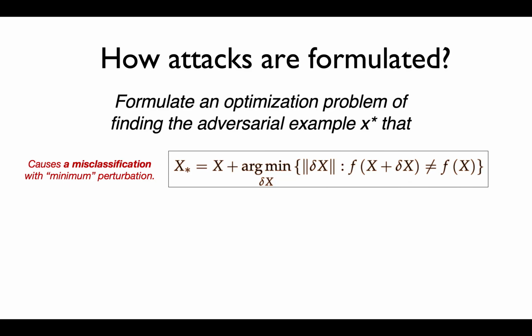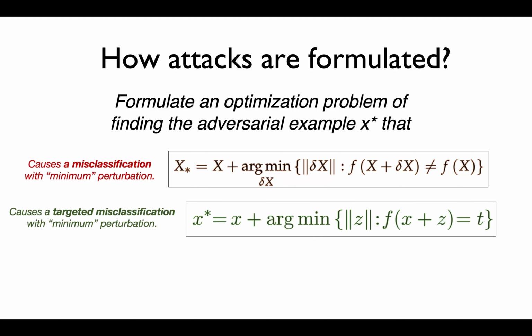So how are attacks formulated? The attacks are formulated in the way that is described here. We want to cause a misclassification with minimum perturbation. The image X is changed with delta X, and we want this delta to be small, but we also want it to be sufficient to change the label of the image. So in this optimization problem, we are finding the minimum delta that is able to flip the class of the